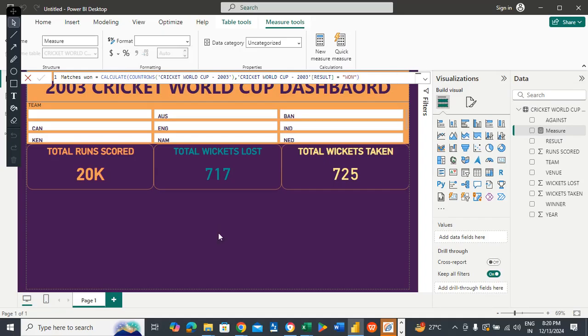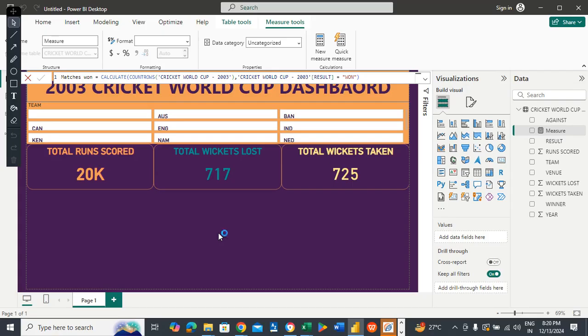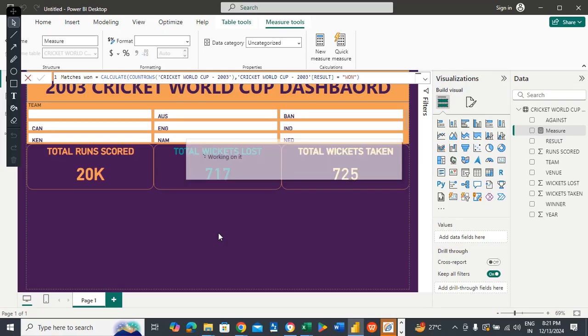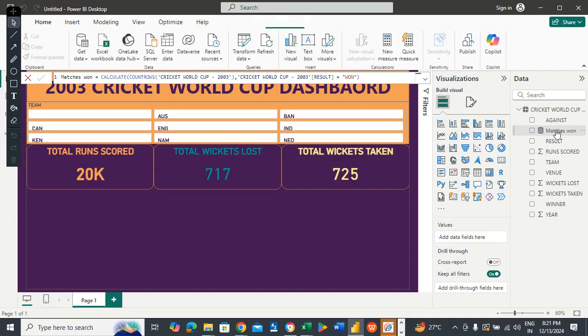So the reason I'm writing this DAX query is so that I don't have to apply the filter manually every now and then. So that's the purpose of writing this DAX query in such a way that you just have to select the fields, place them in the donut chart, and then the results will be displayed accordingly. In a few minutes this DAX query will be completed, and then after that I'll be writing another DAX query. This time I'll place a filter on lost. Alright, so you can see that this DAX query has been created on the right. So let me click on new measure,